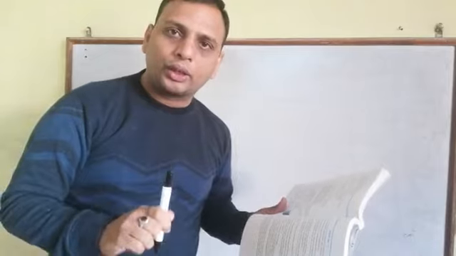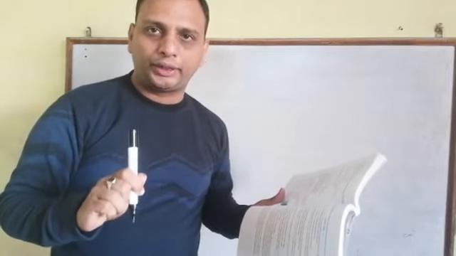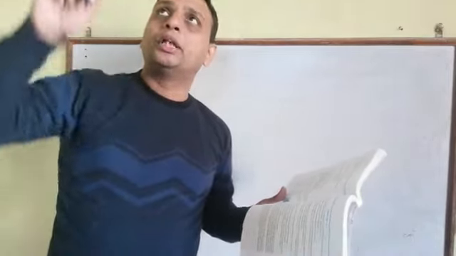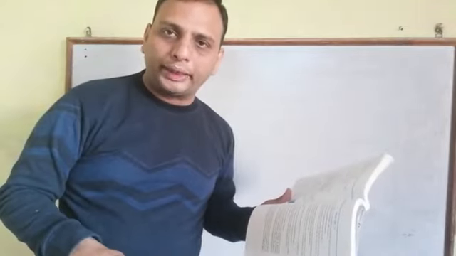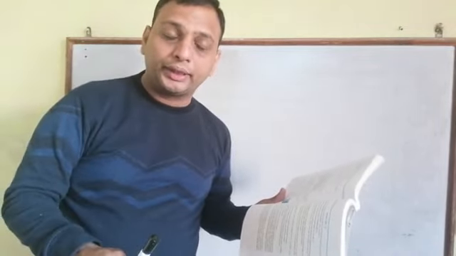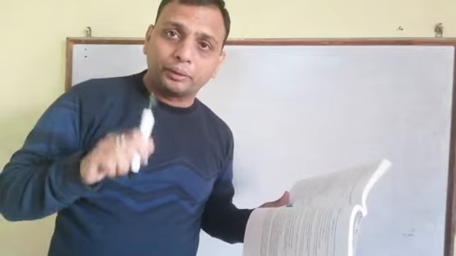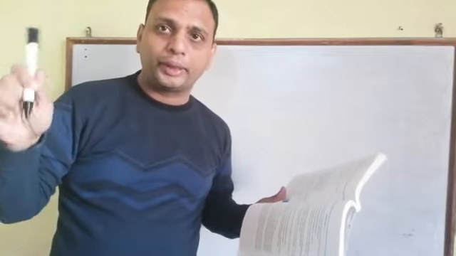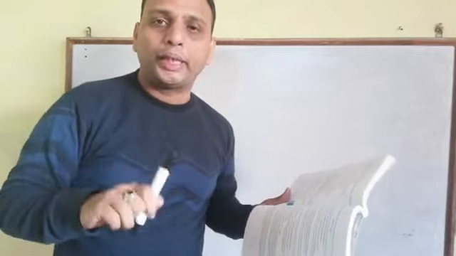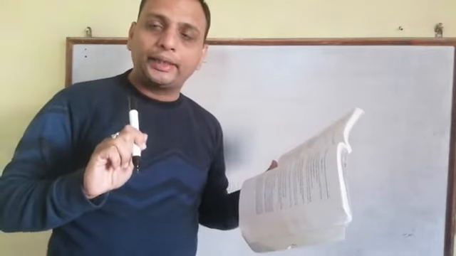Lateral surface area means what? Lateral surface area and curved surface area are both the same. Lateral means that the top and the bottom part are not included. When the top and bottom part are included along with the four walls, it becomes the total surface area. So in this question, we have to find the area of the four walls.